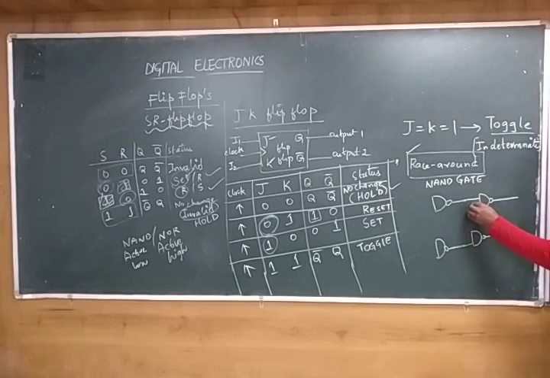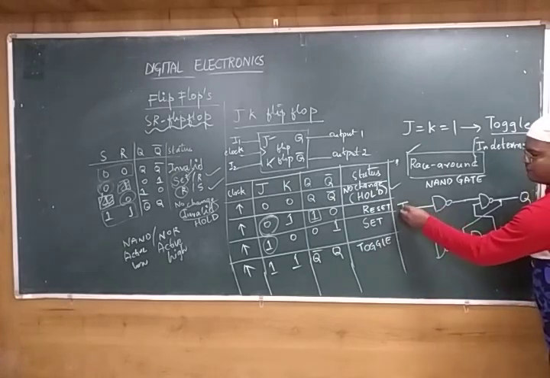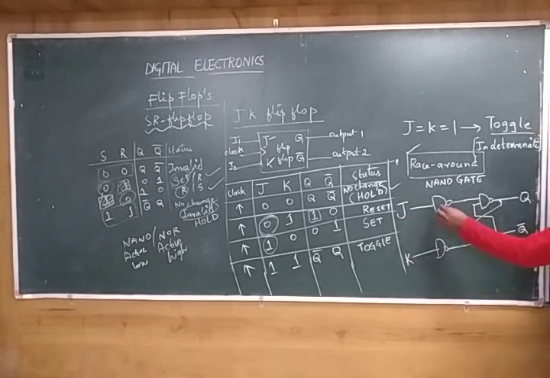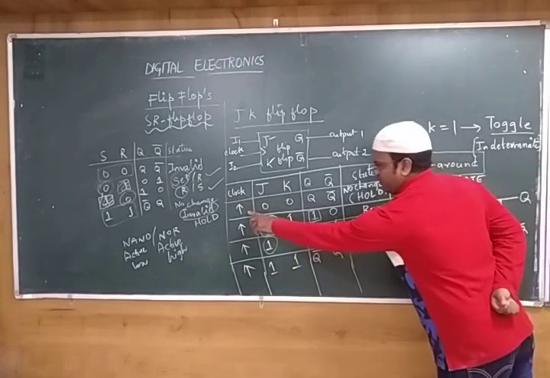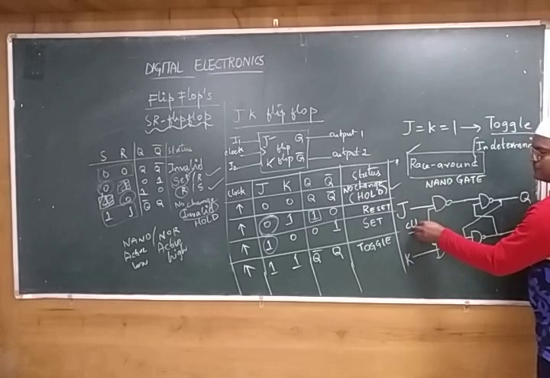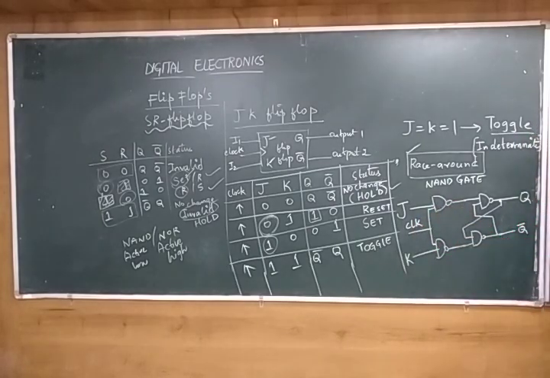So here the input of the first NAND gate should be passed to the output of the next NAND gate. This is the Q bar state, that's the Q state. Similarly, the output of the first NAND gate should be passed to the input of the next NAND gate. And we'll give the first input. What is the first input we have? J. Next input is K. Right? So both are passed to one common. You're giving all the ANDs a clock pulse. So we have to mention this is the clock.